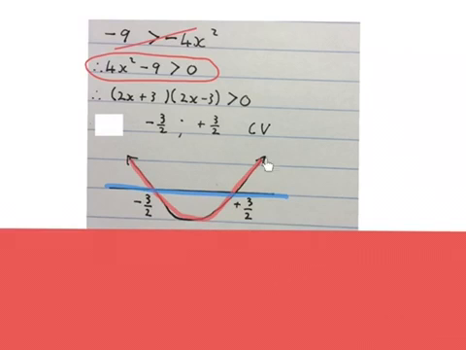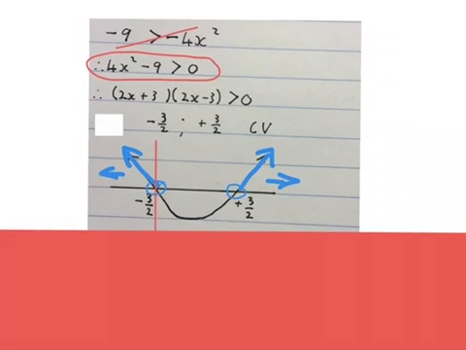So it's that part over there and over there. So they are talking about this part and this part of the parabola. Because there is no equal over here, I put in a circle over here, not a black dot, and a circle over here. That means excluding those two numbers. So we are looking for the x values on this side of this value, and we're also looking for the x values on this side of this value. Our answer then is the x values bigger than this number, and the x values smaller than this number.